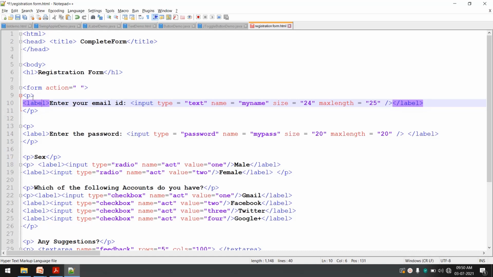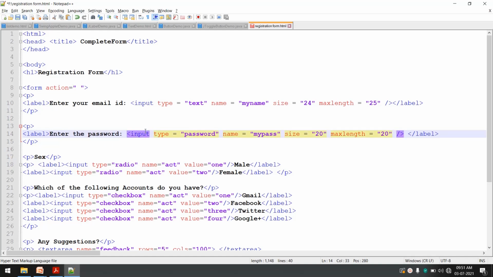You already know about a paragraph tag. Paragraph tags can be used to create a paragraph which adds a new line at the beginning and at the end. So to display this complete thing on a new line every time, you can use a paragraph tag as well. So the first widget we have created is the text widget itself, and the label for it is enter your email. Then we have created, again inside a label, enter the password.